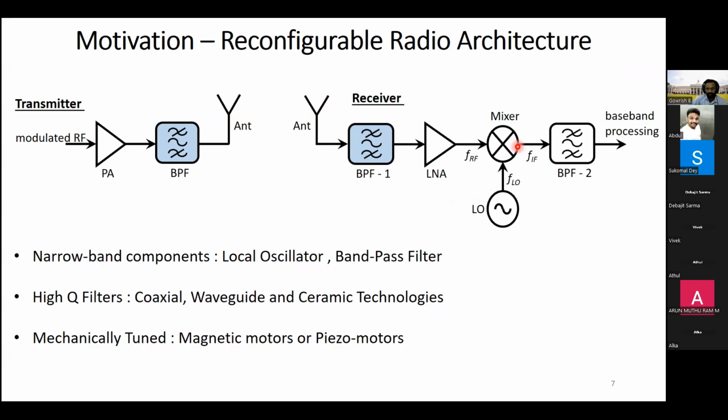So there is no challenge there when it comes to designing, when it comes to the bandwidth. Whereas the two key narrowband components are the local oscillator and the front-end bandpass filter. We are also aware that the local oscillator is easily reconfigured using PLL architecture, over a very wide frequency range. So the bottleneck for successful implementation of a tunable radio is a tunable bandpass filter.